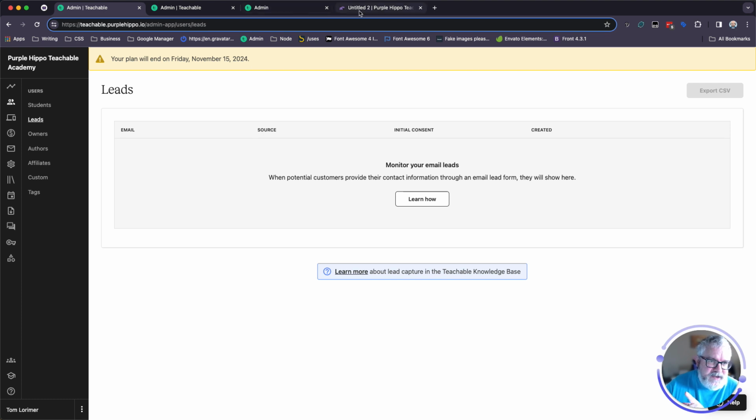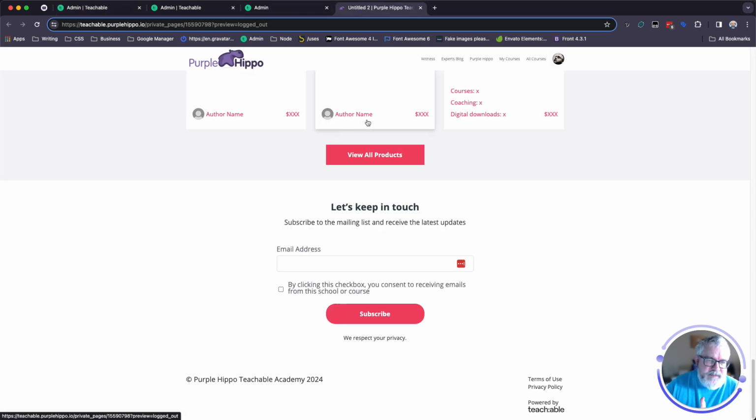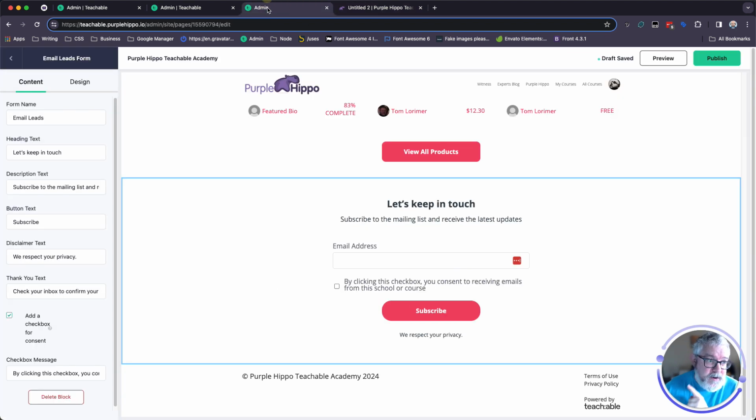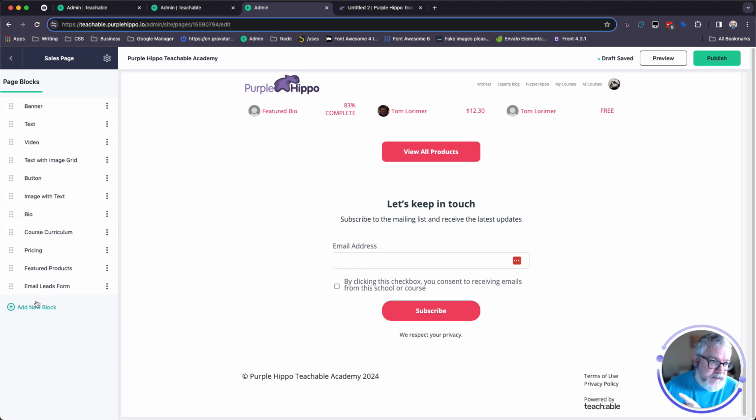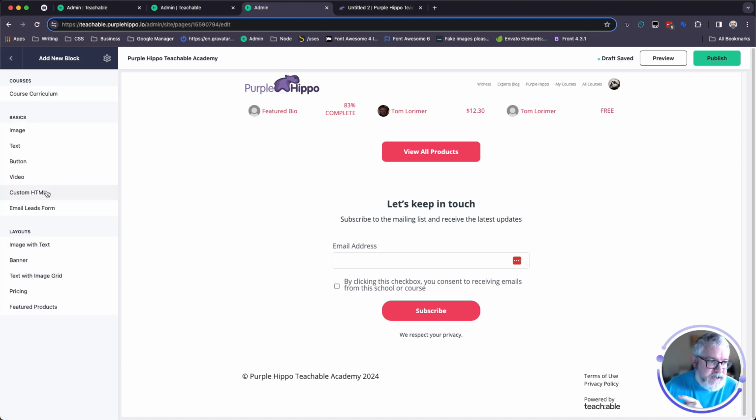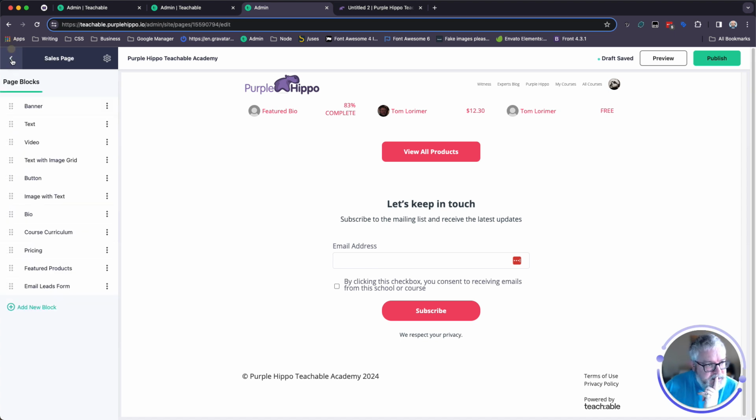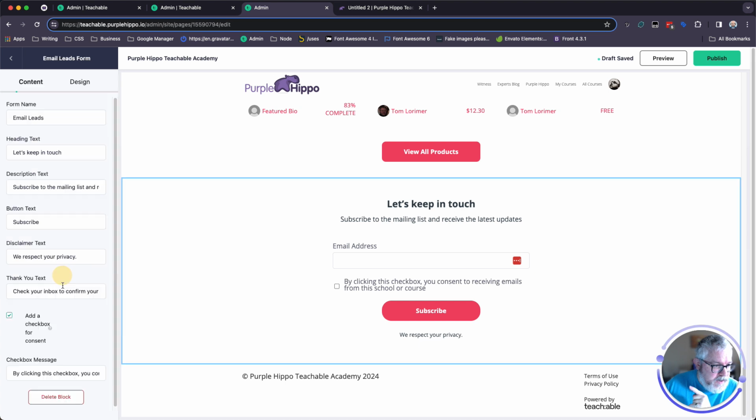If you wanted to integrate your MailChimp or ConvertKit or HubSpot or something like that, you'd have to get this snippet of code from there and use a custom HTML block. If you don't have a custom HTML block available when you come over to add new block here, if that's not available, you need to open up a chat with or a ticket with Teachable and ask them to turn on the HTML block because it's not turned on by default. So yeah, so email